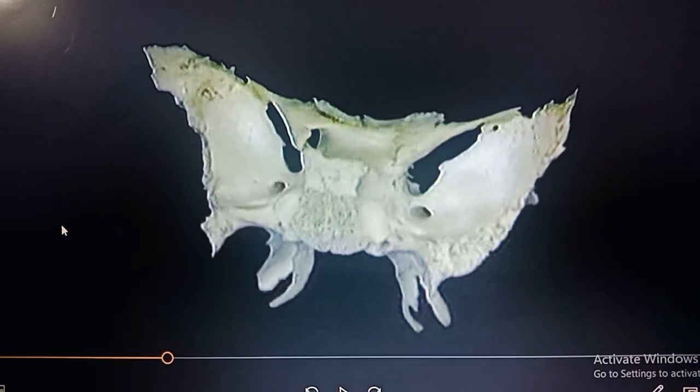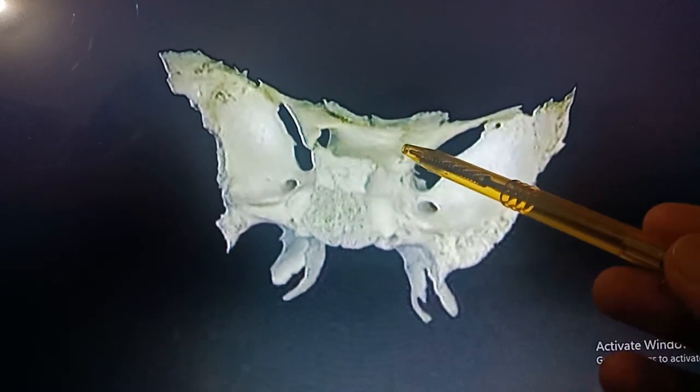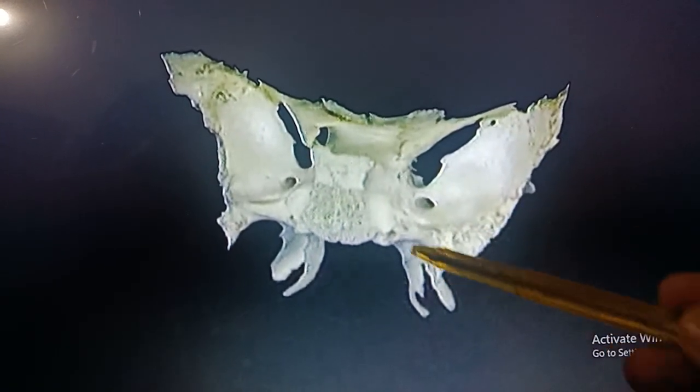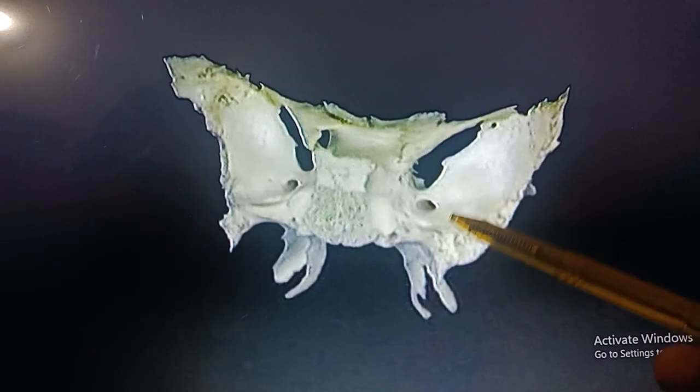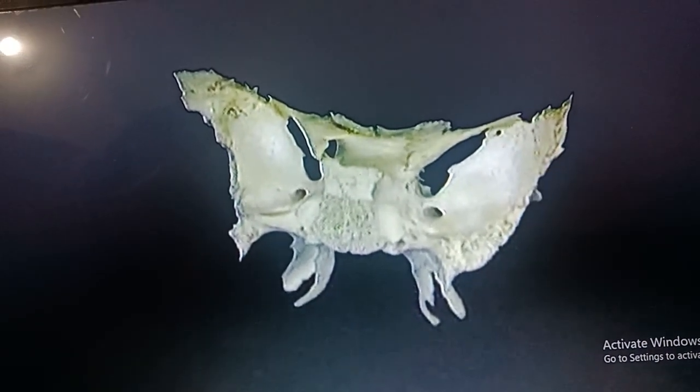In order to understand the three lateral processes or wings of the sphenoid, we need to look at another picture on my laptop. So this is a picture which is showing the sphenoid bone. This is the lesser wing of sphenoid bone, this is the greater wing, and this is the pterygoid process. So we are only concerned with the lesser wing and the greater wing of the sphenoid. So let's go back to the same picture so we can follow these processes.